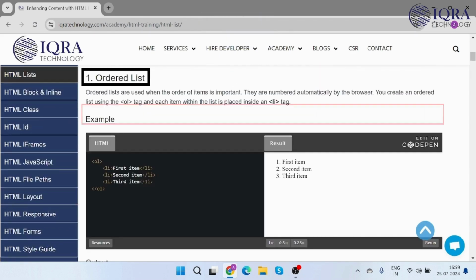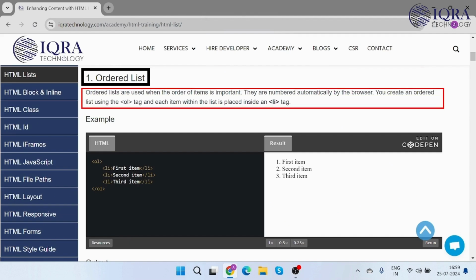Ordered list. Ordered lists are used when the order of items is important. The browser automatically numbers these items. For creating an ordered list, we use the OL tag, and each item is wrapped in LI. Example: